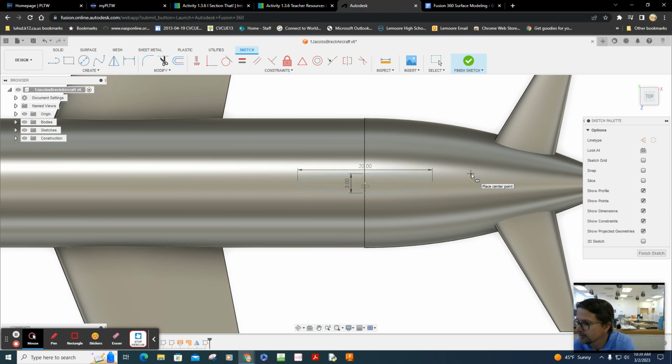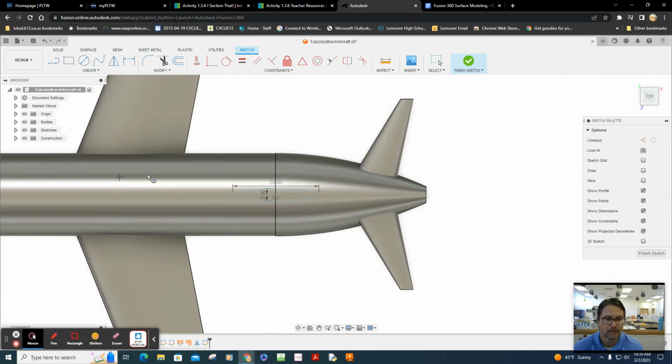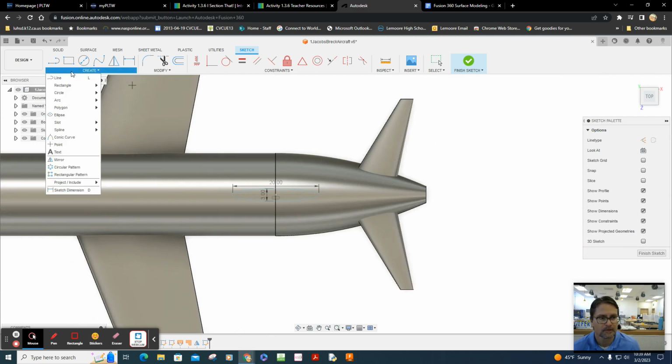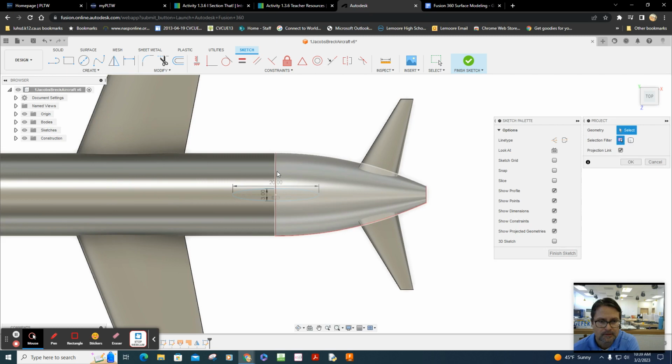Let's constrain this properly as well. The way I'm going to do that is I'm going to zoom back out. I'm going to create a projection. So click on that edge.